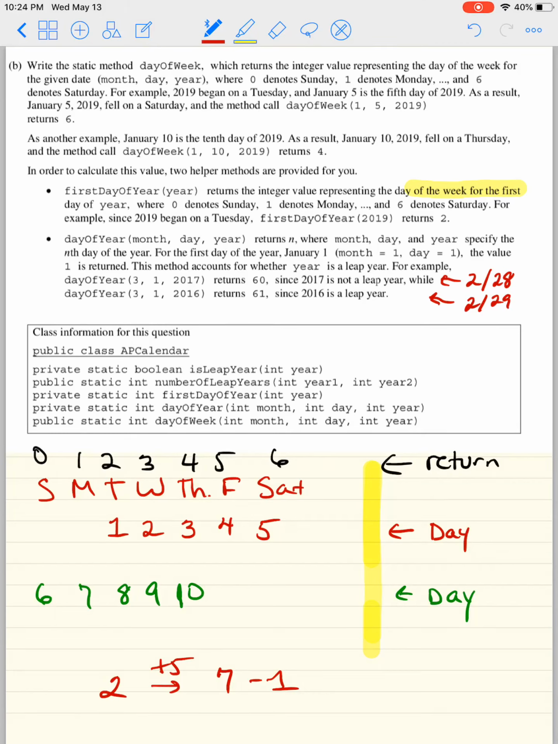Hey guys, this is part B of the 2019 number one. So let's just get right into it. It says write the static method dayOfWeek, which returns the integer value representing the day of the week